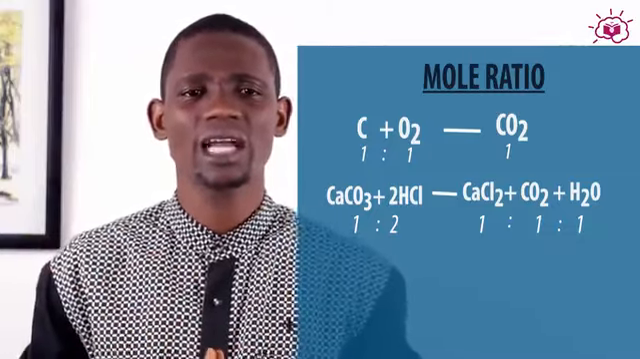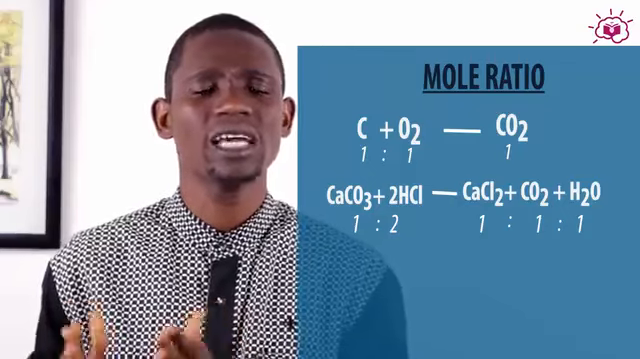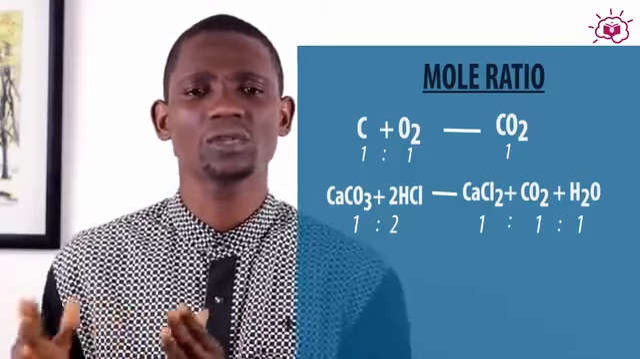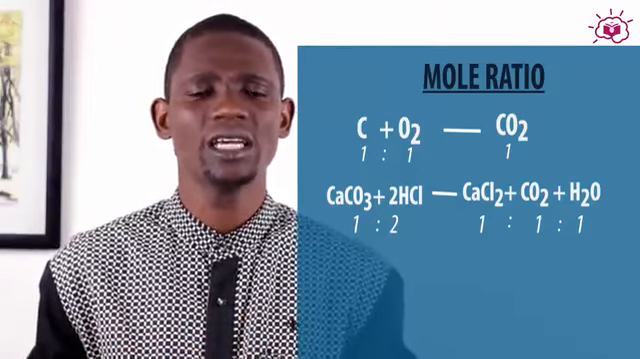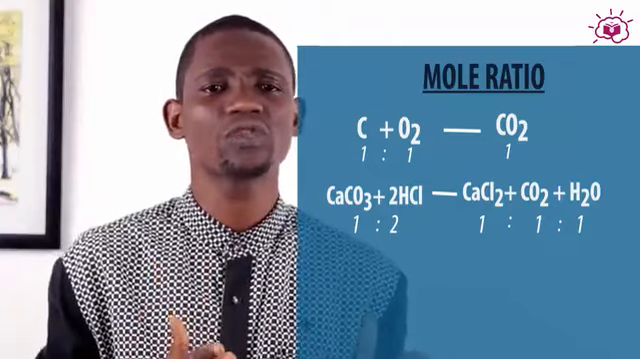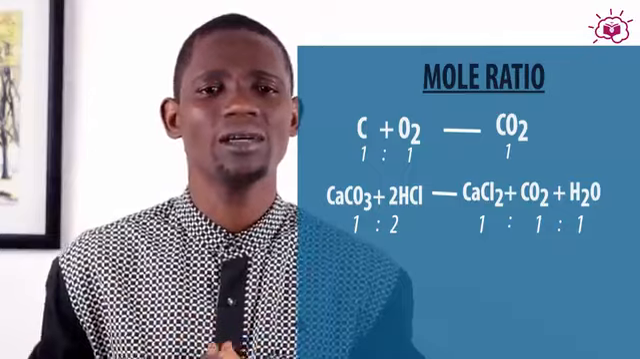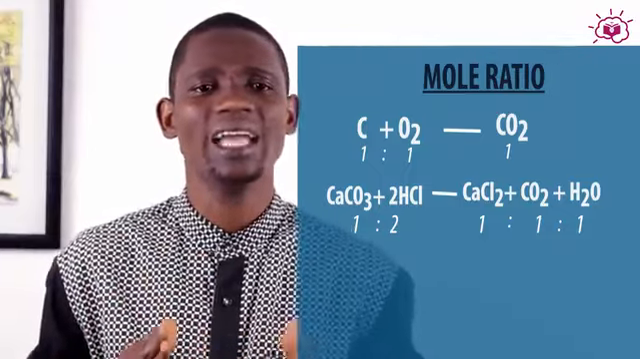Take a look at another example. H2SO4 plus zinc to give us zinc sulfate plus H2. On balancing, we'll find out that the ratio of sulfuric acid H2SO4 and zinc to zinc sulfate and hydrogen are in the ratio of